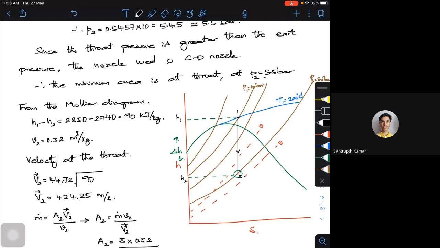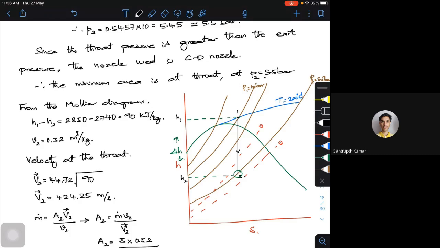The Mollier diagram will have dark lines for constant pressure, and dotted ones for the specific volume. You have to be very clear with that. Use the proper one. It will be around 0.31 to 0.32, not more than that. Yes, correct, sir. Slightly more than 0.3. Got it. Okay, fine.